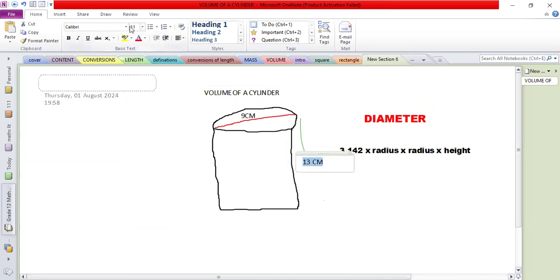The height here is 13 centimeters. The diameter is 9 centimeters. So what is going to be our volume, class? What is going to be our volume? Let's calculate this one. If we're done with this one, then we have finished volume for today, and tomorrow we're continuing with others. Okay, let me check. Masekani says 871.1315. Can you please show me how you calculated that one?